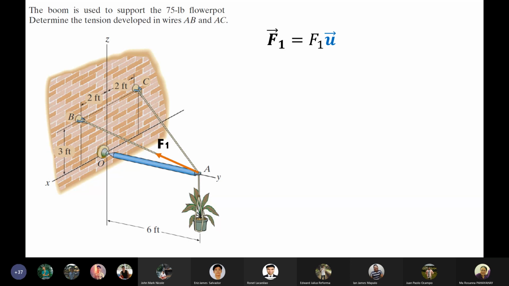Now, kukunin natin muna ang Cartesian form ng ating F1 in which that is what is the magnitude of the F1 times its unit vector. Okay? So, I have discussed this in the previous discussion natin, yung last lecture nung December. So, hopefully, kung hindi nyo matandaan kung paano kunin ang unit vector of this, you go back there. Okay? So, here, since hindi natin alam yung magnitude ni F1, F1 lang siya. Okay? Times, ang hanapin natin is yung amount ng unit vector. So, paano natin malalaman yung